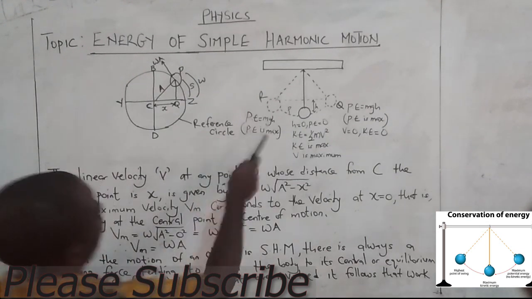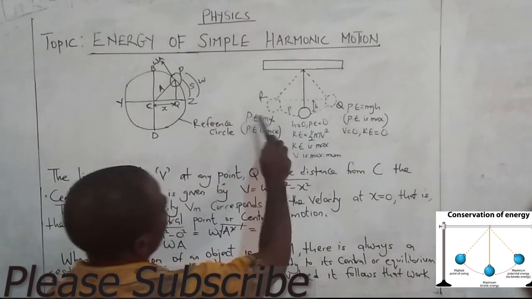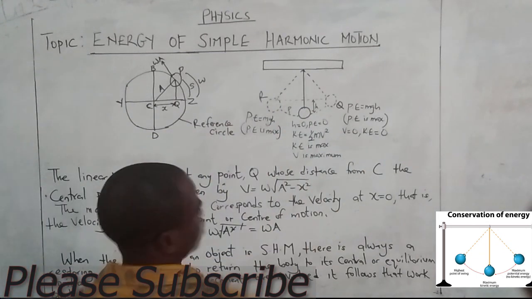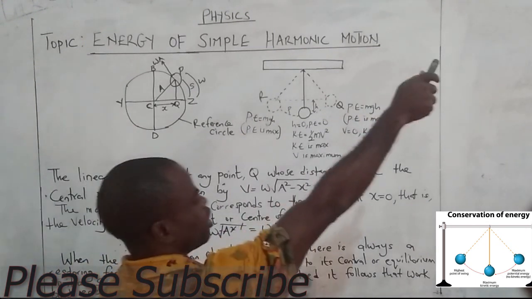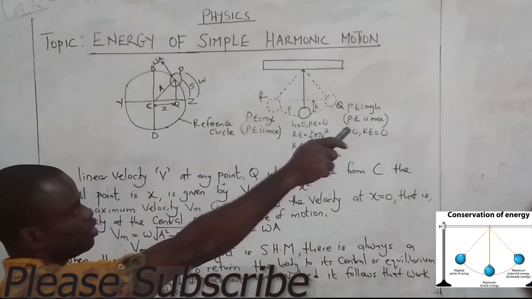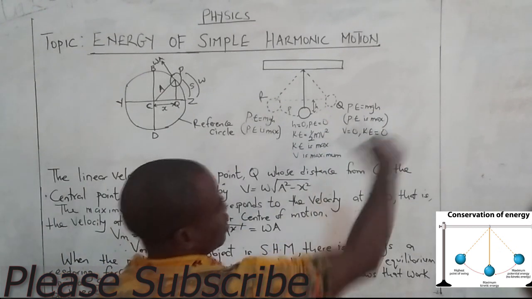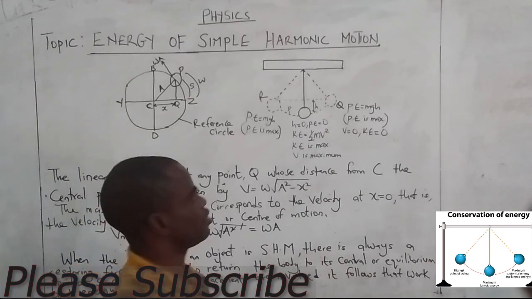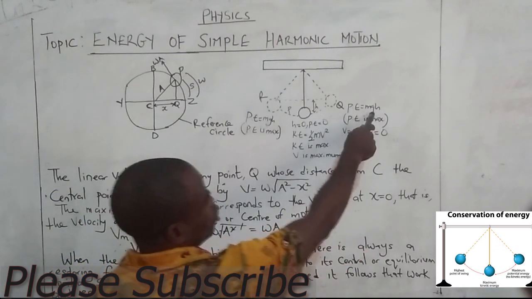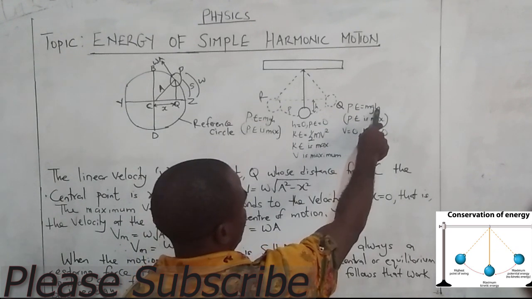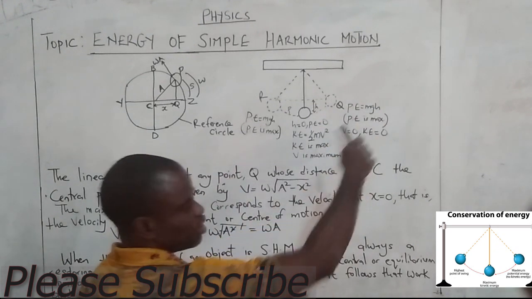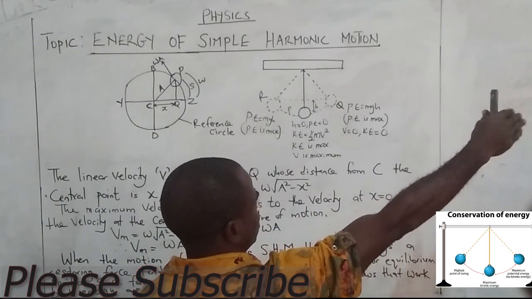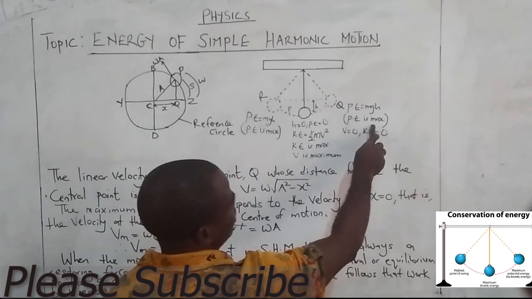Now, as we see, we have a pendulum that swings to the left and to the right. When it swings to the extreme end of the right-hand side, when it's at rest, potential energy is mgh, that is energy at rest. M is mass, g is acceleration due to gravity, h is the height. At this extreme end, when the bob swings to the last point of rest, potential energy is at maximum,